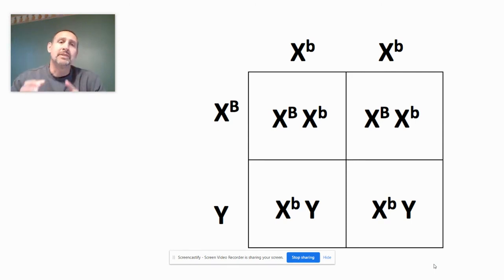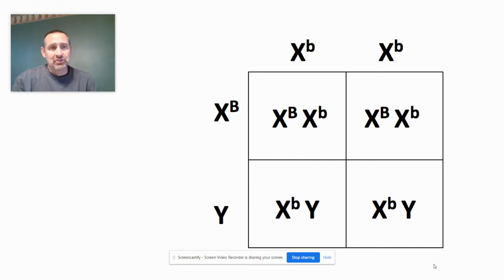That means the mother, in this case, is colorblind, the father is normal. The girls are not going to be colorblind. They're carriers. The boys are going to be colorblind because they get the X from the mother, only a Y from the father. So pay close attention to how that Punnett square works,